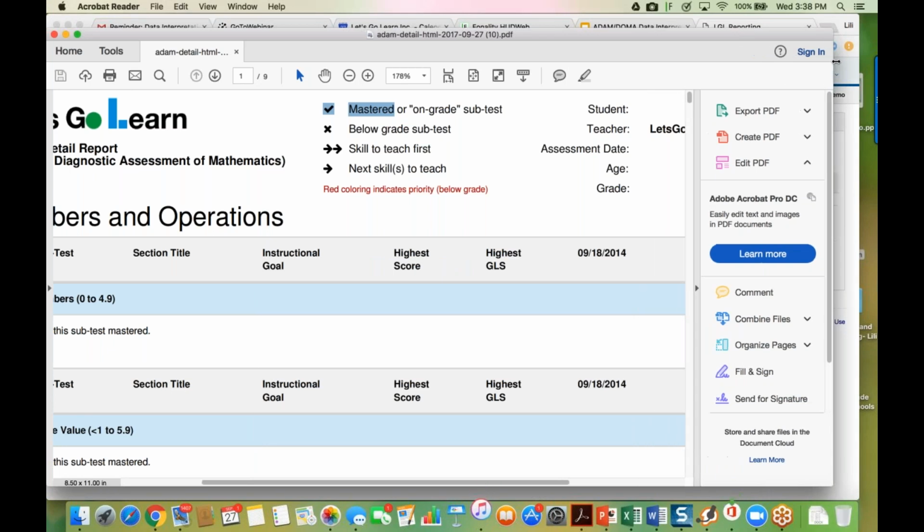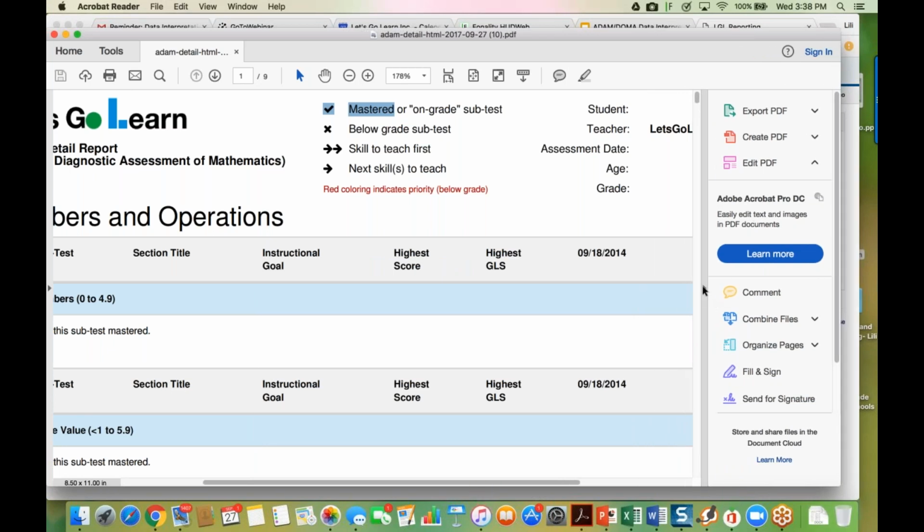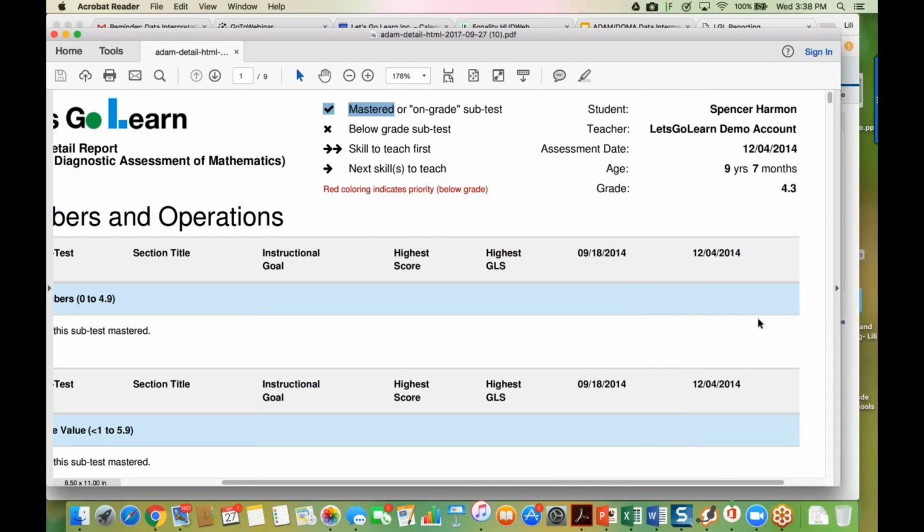And it wasn't always as blatant as this one will be, and you'll see what I mean. So this will be a lot easier, and this is a report that you can totally print out and give to a tutor or give to another teacher who services a student, and then there's no question as to what